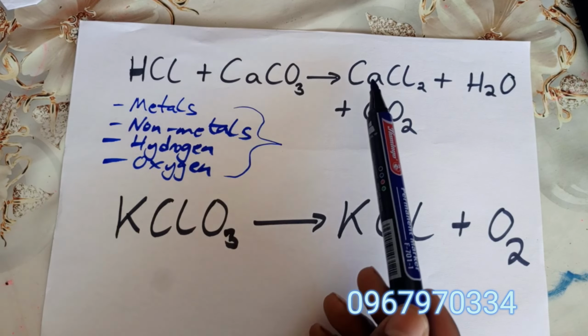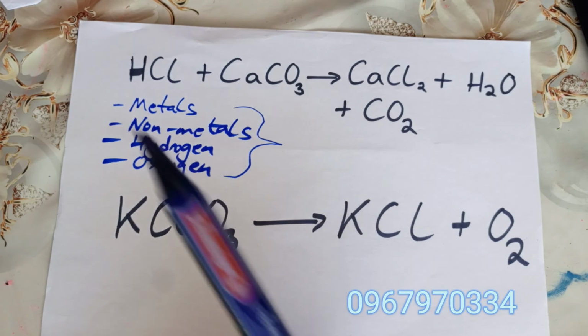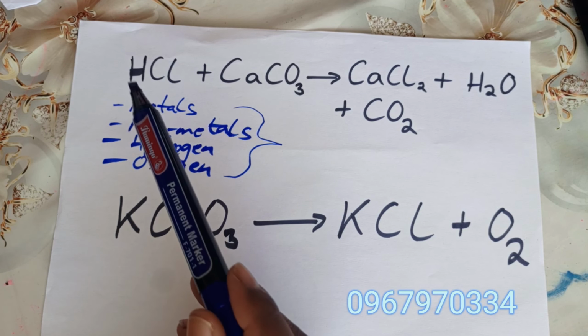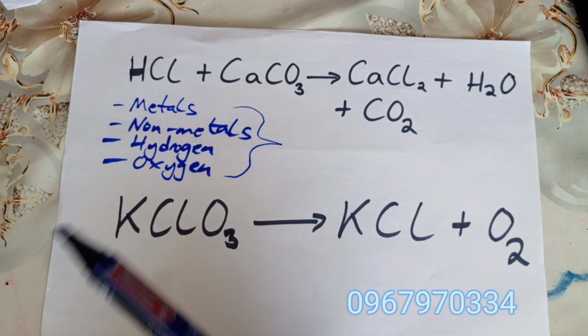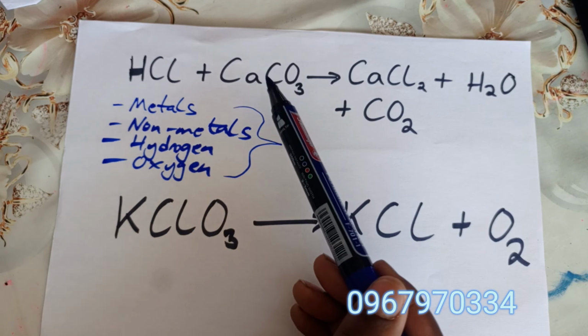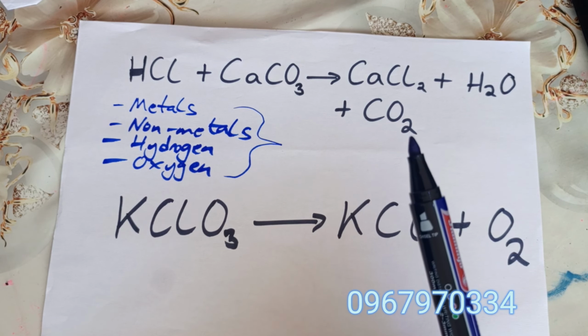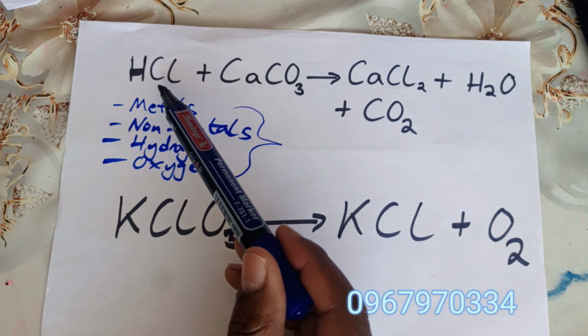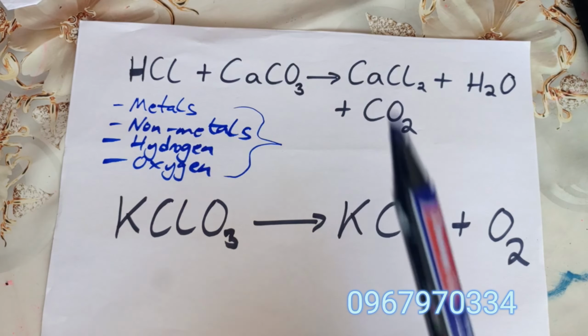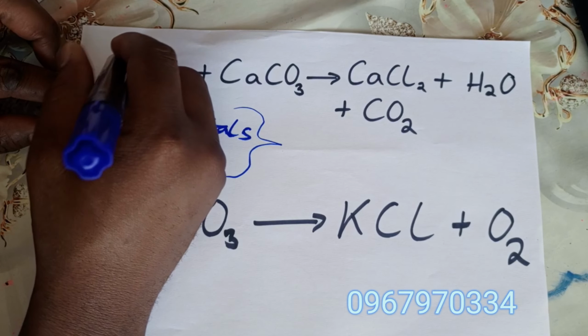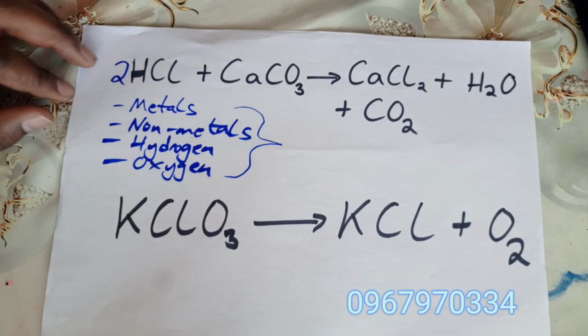Calcium here is one atom, and the products have one atom. We can either balance chlorine or carbon, which are the non-metals. So carbon, we have one atom here, and on the other side you have one atom, so it's balanced. When you come to chlorine, we have one here, two atoms here. So to balance, we add a 2 in front of hydrogen chloride,